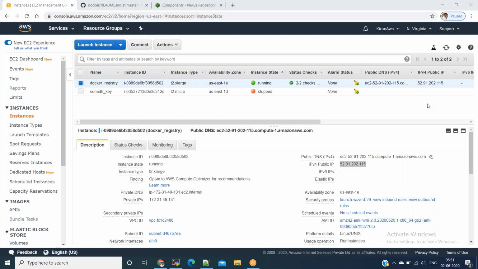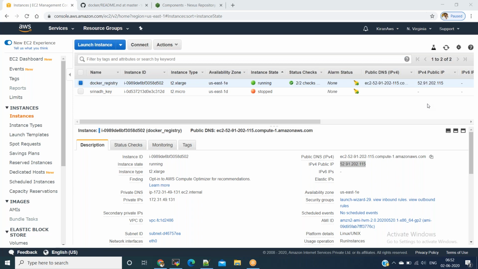Using build server, I'll try to build Spring Boot application using Apache Maven, and I will run the Dockerfile and create a Docker image out of it. And instead of pushing it to ECR or Docker Hub, I'll try to push it to the Docker private registry. That is one part which we will do.